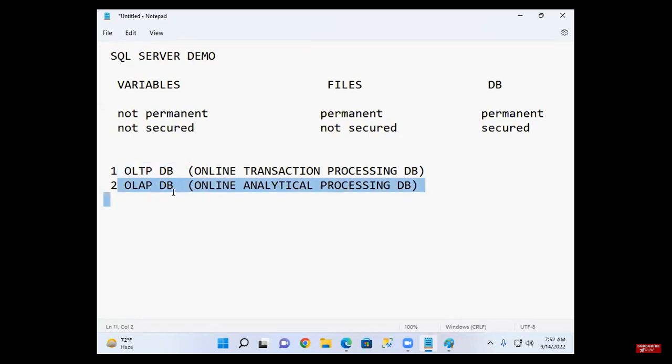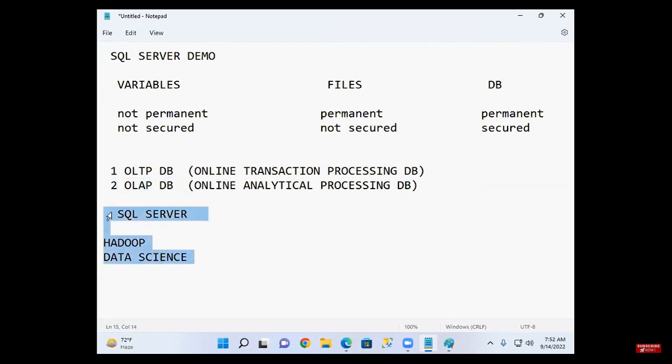You can use it for both. Then, when we can use SQL Server for both, why did Hadoop come into the market? Why did data science come into the market? We can use SQL Server for data analysis, so why did these technologies come into the market?